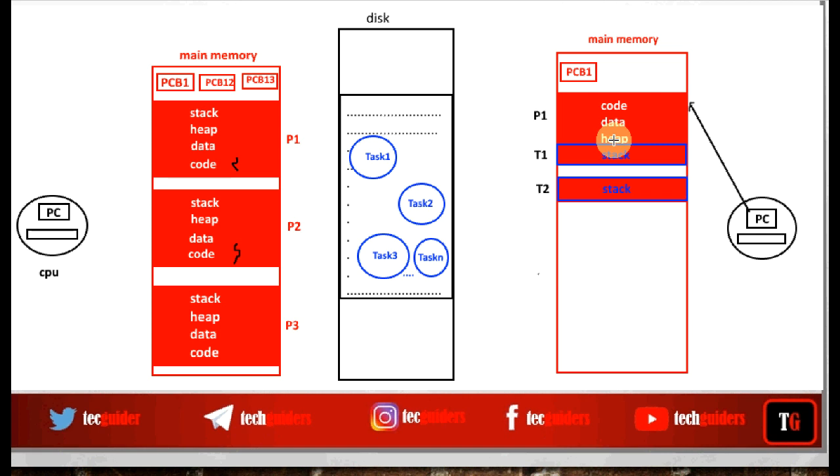Now the second request is received. To handle that request, one more thread is created, and that thread will be allocated with just a stack space. So here we can see each thread is having its own stack space, and also each thread will be associated with its thread control block. Now our first thread is being executed. When this first thread is executed, the processor will be executing some lines of code from this code space, accessing this data space, this heap space, and this stack space belonging to thread 1.